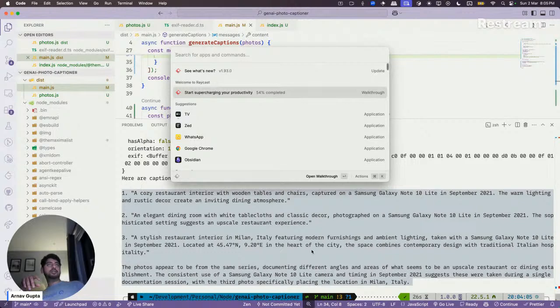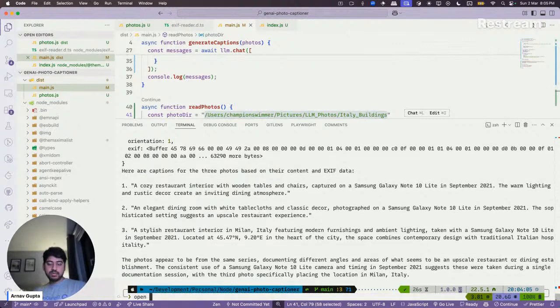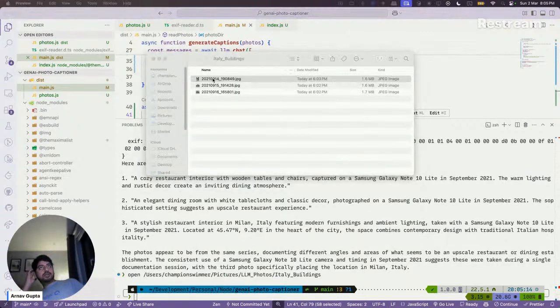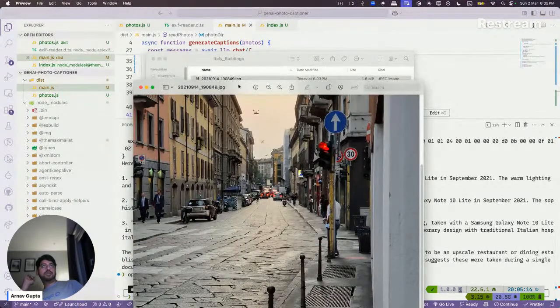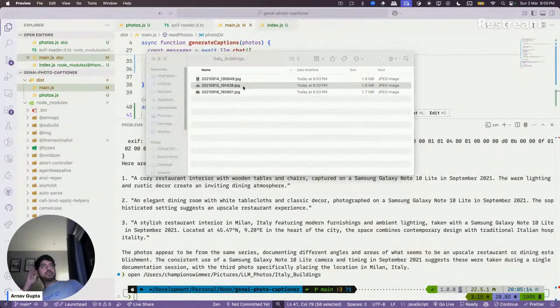Let's take a look at the photos, by the way, and see whether it has actually generated it correctly or not. Yeah, here is the first photo. This is the second photo.